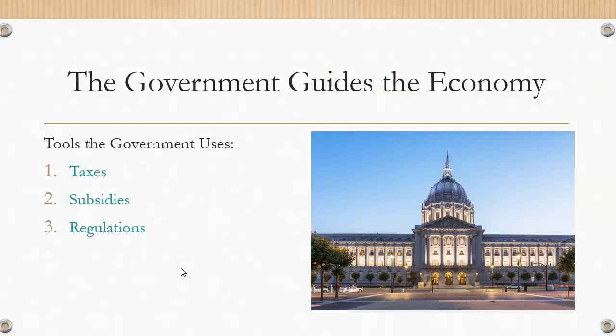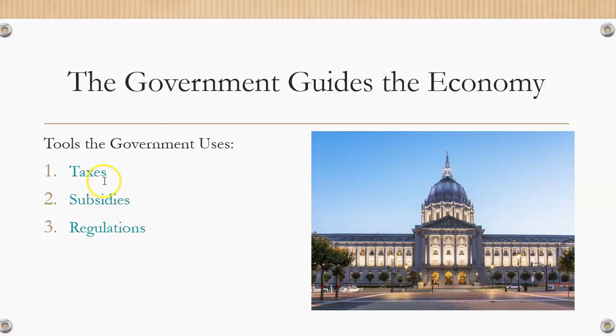In other words, the government is going to gear the economy when it comes to what to produce, who's going to produce it, and who's going to consume it, for whom. The government has an idea of where it wants to see the future of its nation. And the government is going to decide how, for instance in the US, we are making a push to be maybe more environmentally aware and conscious. How does the government do that if it really wanted to push us in that direction?